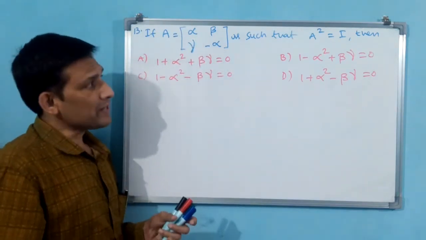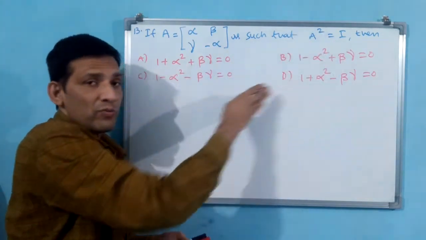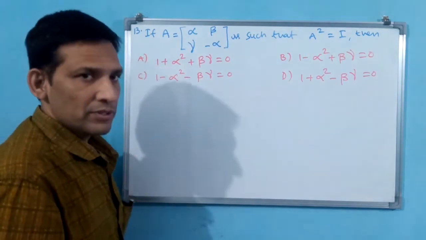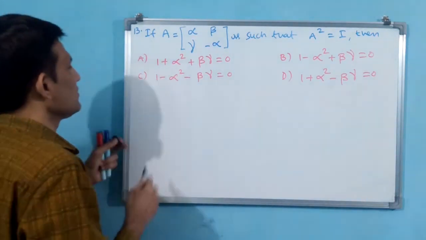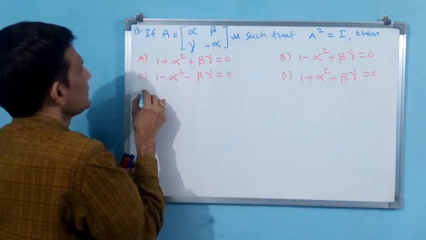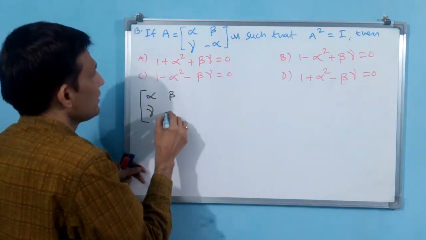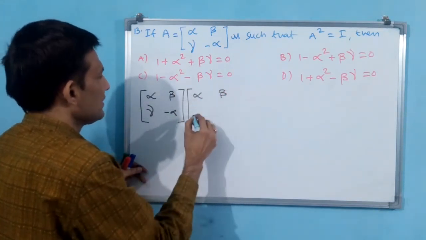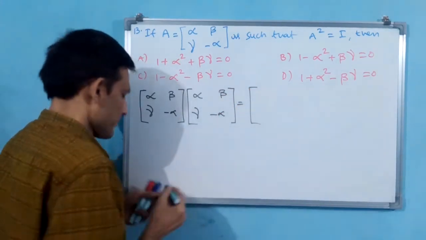Then you equate. After equating, what equation is going to come? See, these are equations you know. Let us do A square. If you do, automatically you are going to know what is going to come. A square is equal to, I am writing, you see here, I need not write again: alpha, beta, gamma, minus alpha into alpha, beta, gamma, minus alpha. That is equal to,